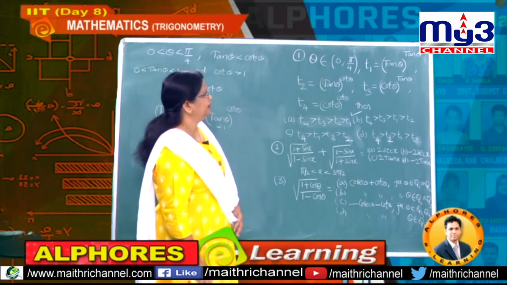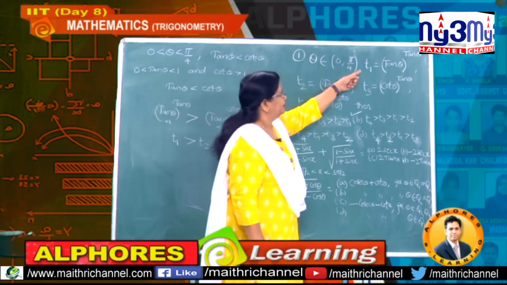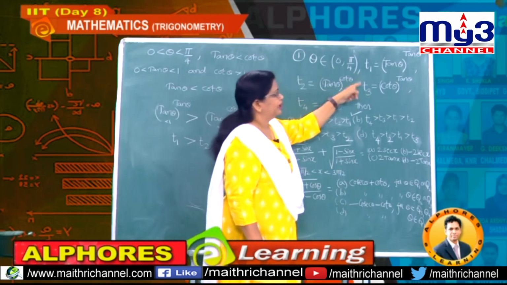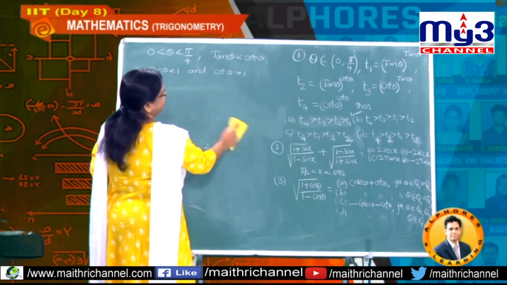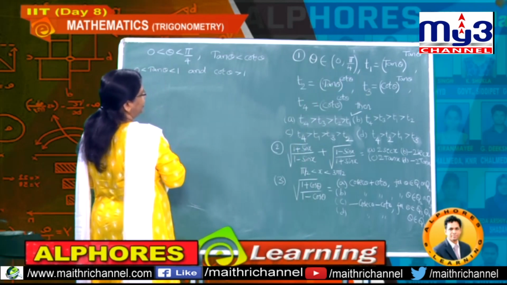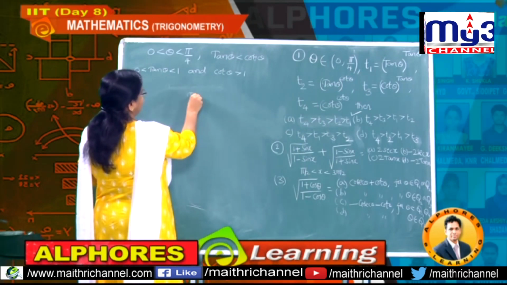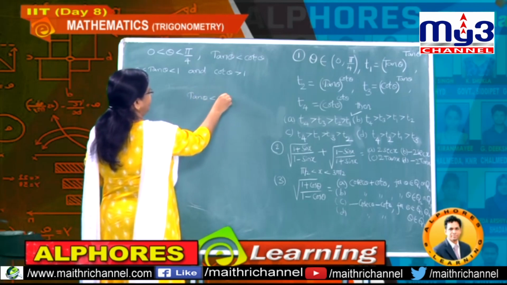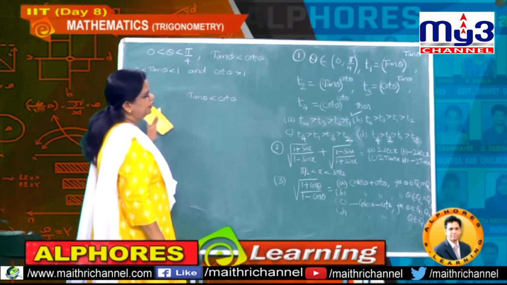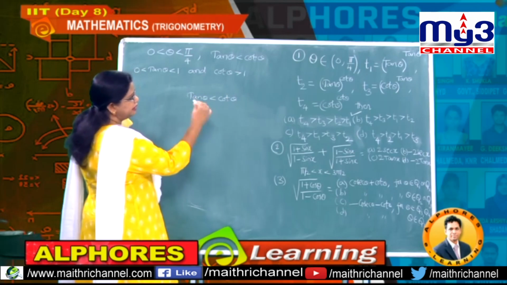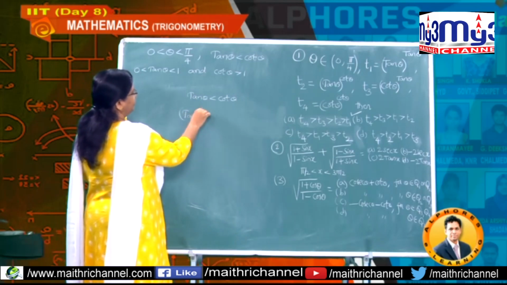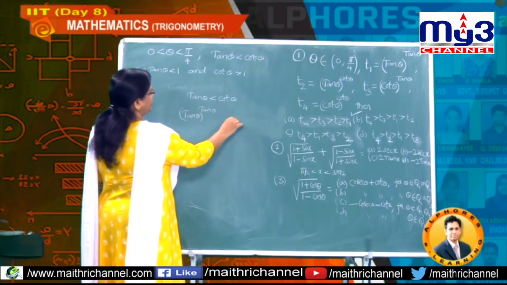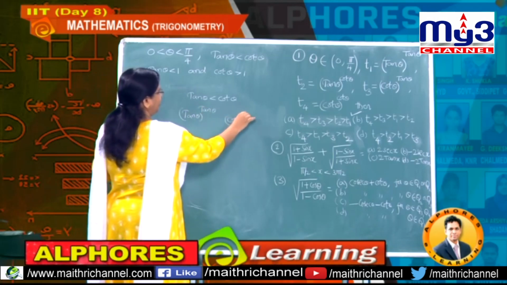T3 and T1 also are connected, and observe T3 and T1 you can connect. In what way can you connect T3 and T1? The same way, that is, you know tan theta value is less than cot theta, and if I take the power, understand, what is the power you are taking? Tan value you are taking: tan theta to the power of tan theta, and this one is cot theta to the power of tan theta.